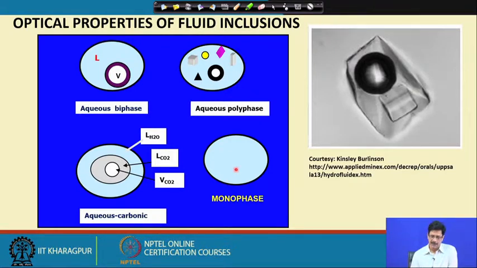We tentatively classify and categorize them as monophase inclusions, and sometimes they give some information later on. These are situations that correspond to room temperature conditions. When we subject this monophase inclusion to different temperature conditions, we might actually find out what it is, though many times we are not able to know. There is a phenomenon called metastability, which we will discuss later.